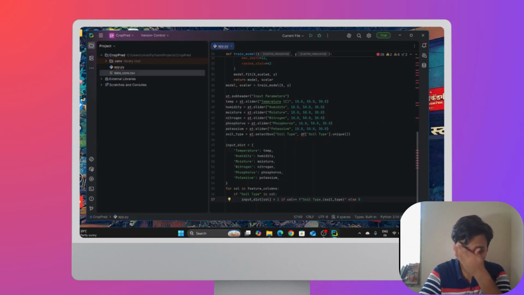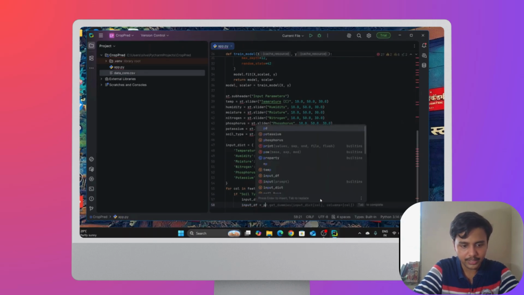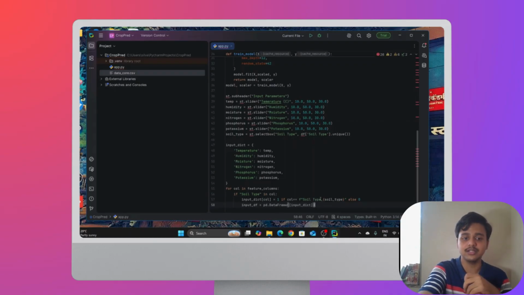And we are going to now write the final input data frame, where input_df equals pd.DataFrame of the input dictionary, which converts the dictionary into the data frame.